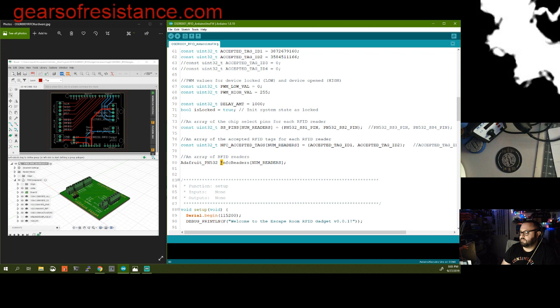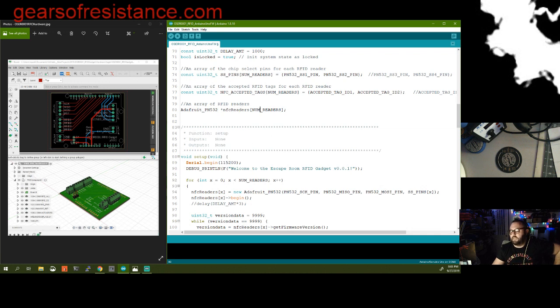So we're using a pointer. And this is also useful when the library doesn't give you a way to initialize, when I have to initialize in the setup, and I don't know how many I have. Well, I mean, I'm going to know how many I have, but I want to create this code to be generic enough. Bottom line, an array of pointers to the Adafruit PN532 object is going to allow me to dynamically scale